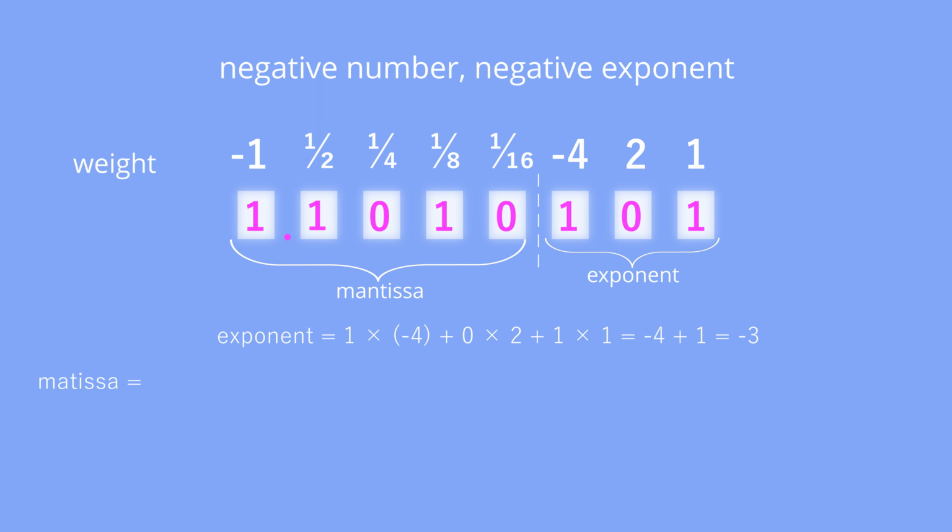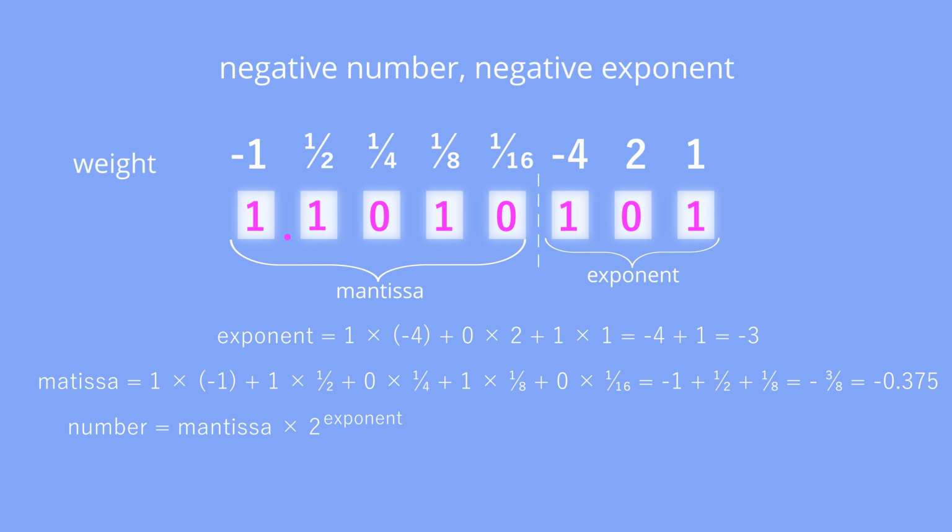The mantissa equals 1 times negative 1 plus 1 times 1 over 2 plus 0 times 1 over 4 plus 1 times 1 over 8 plus 0 times 1 over 16 and equals negative 3 over 8 or negative 0.375. The number equals mantissa times 2 to the power of exponent. So negative 3 over 8 times 2 to the power of negative 3 equals negative 3 over 64, or negative